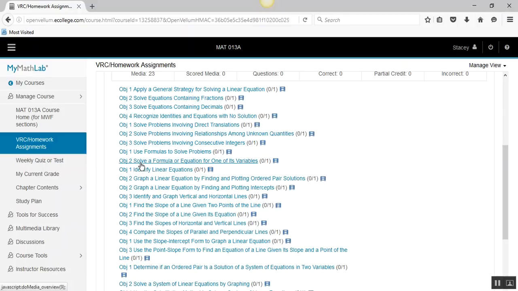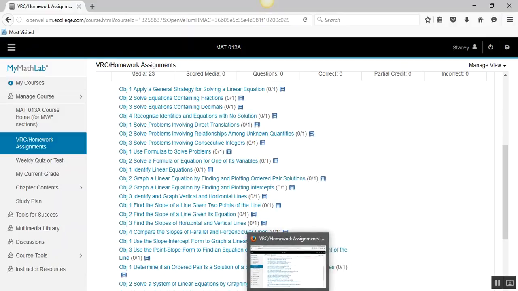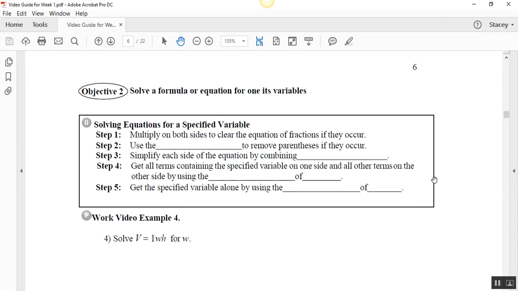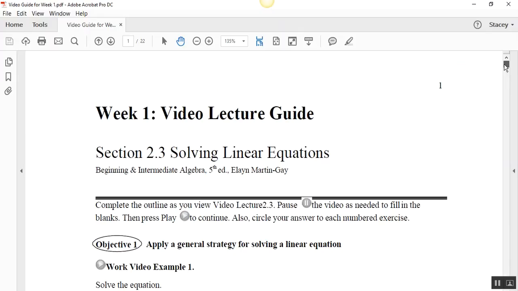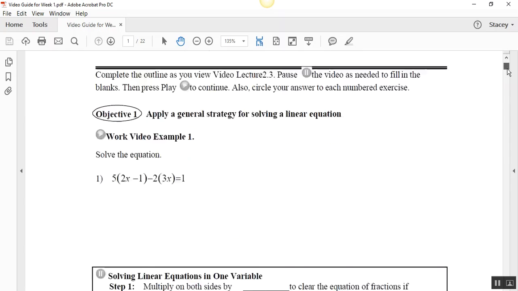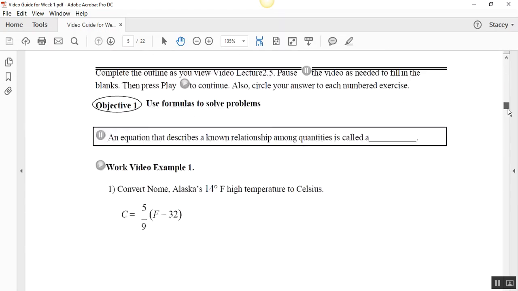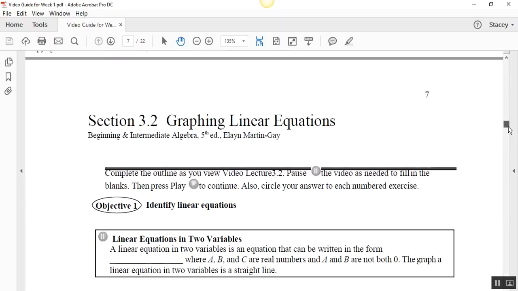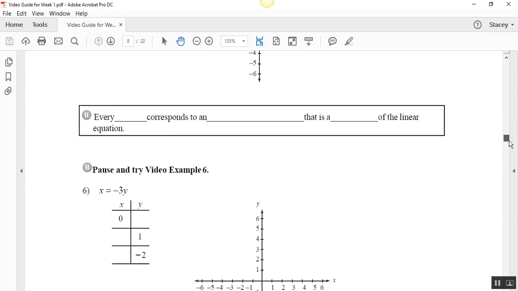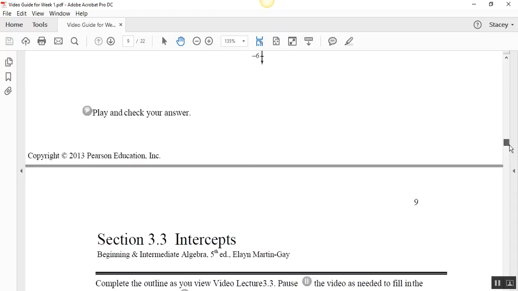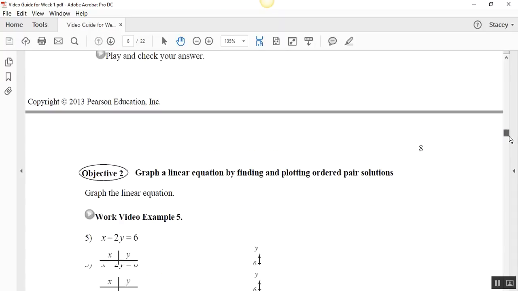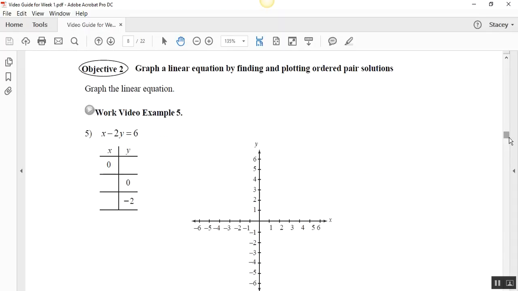Okay. If I'm in a Tuesday, Thursday format of this class, I've got to do a little bit more because we only meet twice a week. So in a Tuesday, Thursday format, we're going to start with that first objective. And for Tuesday, Thursday classes, we've got to go all the way through section 3.2. I'm going to go to the end of that. But there it is. All right. So for Tuesday, Thursday formats, we've got to